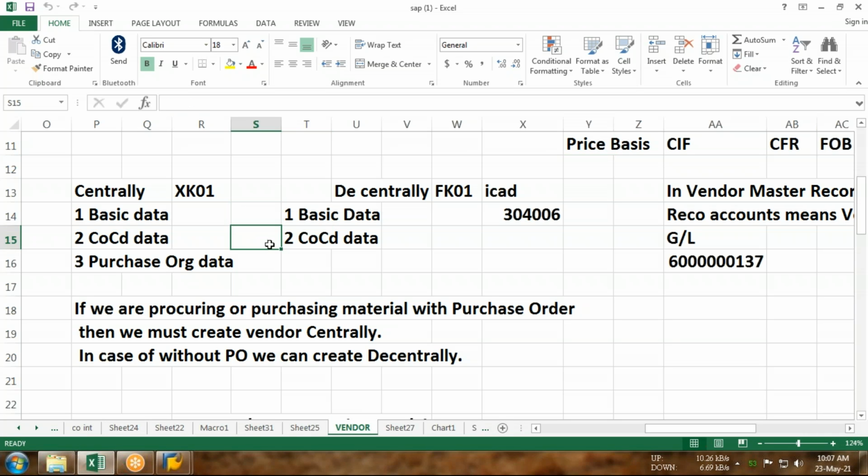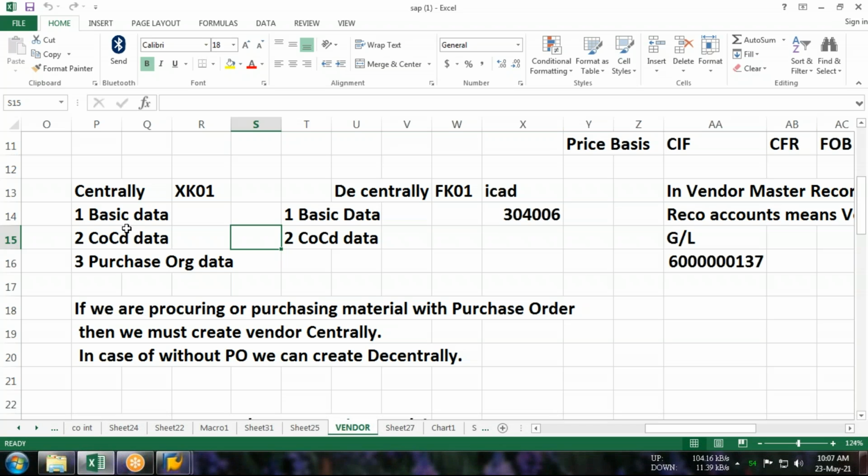Okay, so guys, right now whatever content we are sharing with you, like name of the vendor, address of the vendor, all this information is further classified into three data segments. All the information you have shared, like vendor name, contact number, store address, bank details, mode of payment, payment terms, whatever, should be further classified into these three data segments: basic data segment, company code data segment, and purchase organization data segment.